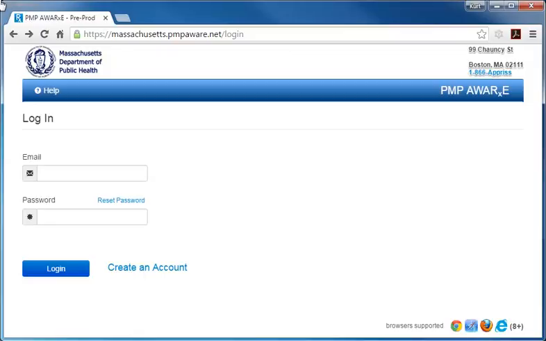Welcome. In this brief demonstration of MassPAT, the proprietary system called PMP Aware, we will show you how to create your account as a delegate user authorized by a Massachusetts prescriber or pharmacist who is a primary account holder in the system. A delegate account authorizes you, the delegate, to run searches in the PMP system on behalf of the primary account holder. This authorization assumes your appropriate use of this system that provides access to sensitive information on personal